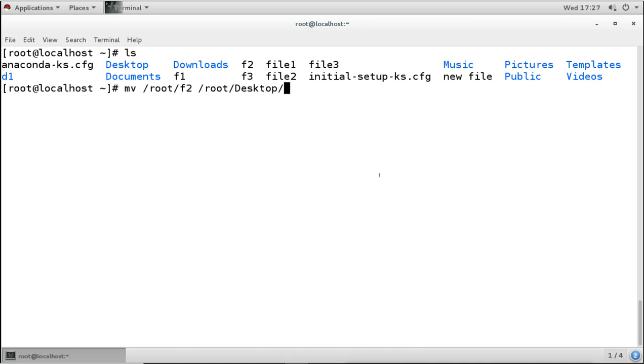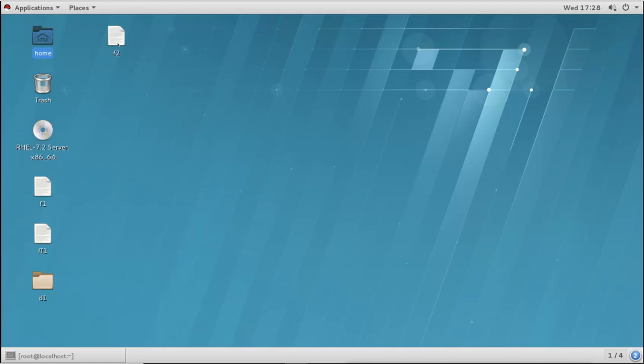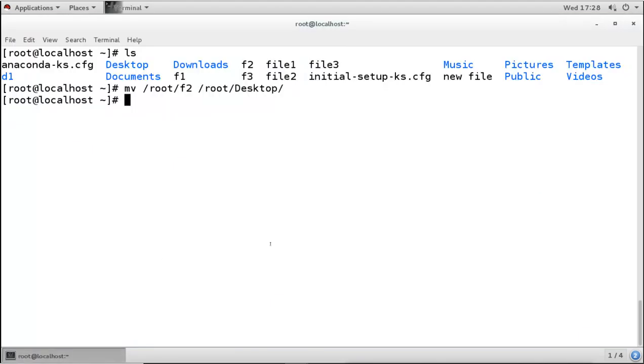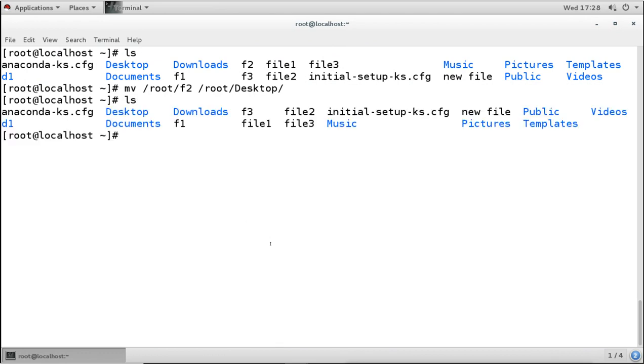And I press enter now. Now what happened? This file is moved to the desktop. We can verify, we can check on the desktop, and this is the file here. And it is not available right now under the home directory. When I press this ls command, now we can see after 1 we see the 3, because f2 is now moved to desktop. Now same as copy, we can move with a different name also.